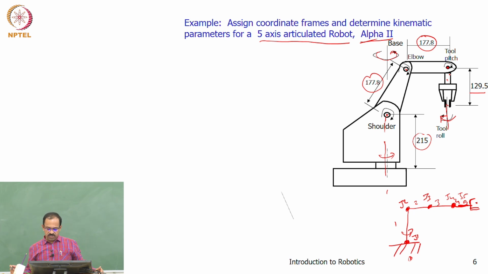Okay, so that is the first step. You give the numbers. Links and joints can be numbered J1, J2, J3, J4, J5, etc. That is the joints, and then the link 0, 1, 2, 3, 4, 5. With the 6th degree of freedom, you will have one more joint. The 6th joint also will be there.